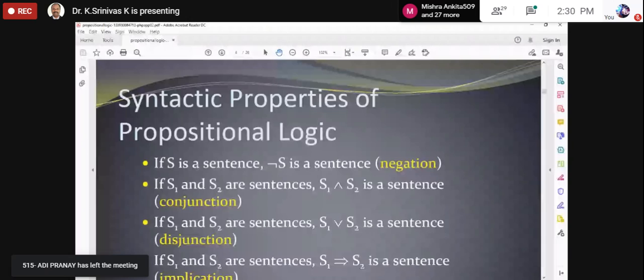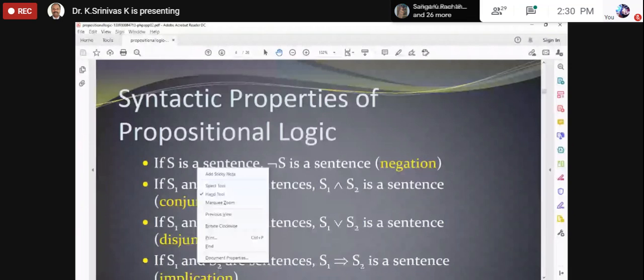So S1 is sentence 1 which gives some meaning, and S2 is also a sentence which gives some meaning. I'm conjugating, by using conjunction, I'm just multiplying both the sentences. Both the sentences are to be given the true result. Then only I will be able to execute the particular operation.